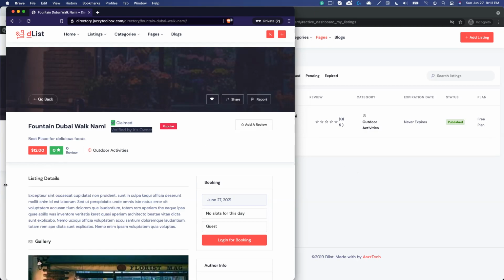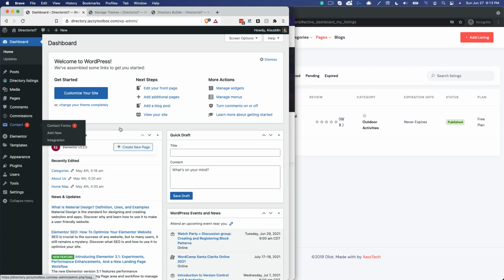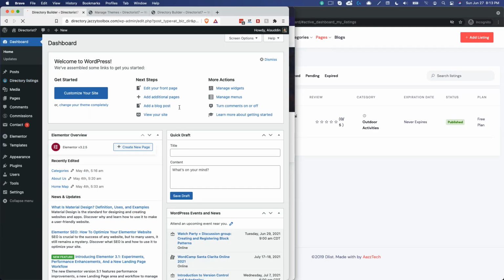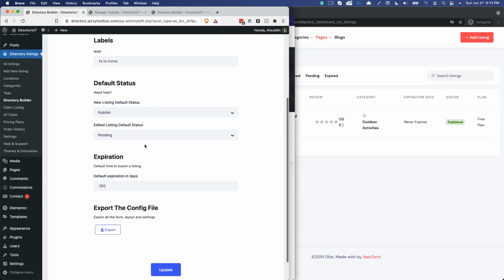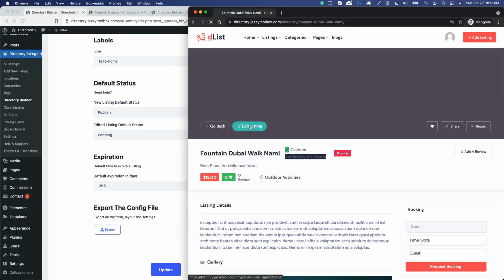And here under settings, we went and changed the setting to go into pending status, right? Just confirm it again, directory builder. And here is edited listing, default status is pending. So I'm going to go and edit this. And I'll go here, edit listing,